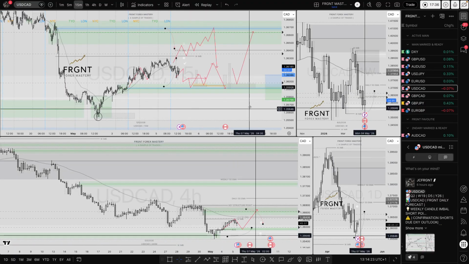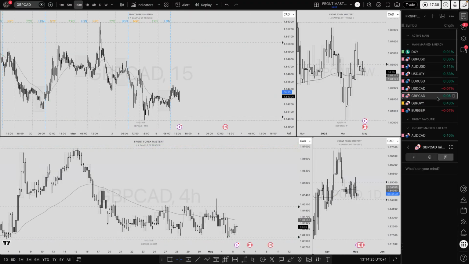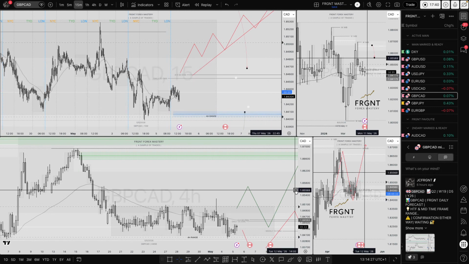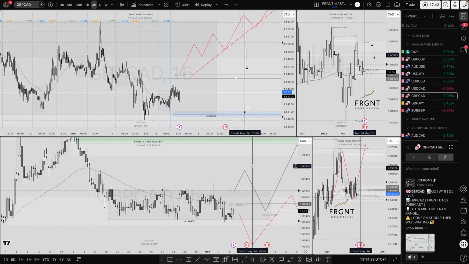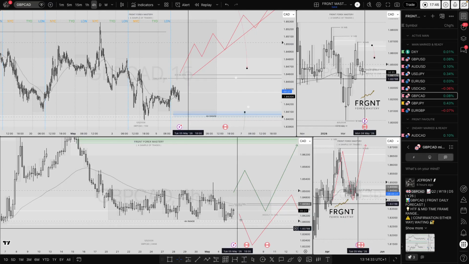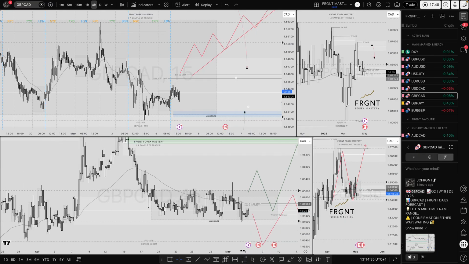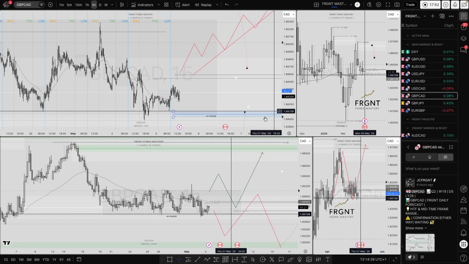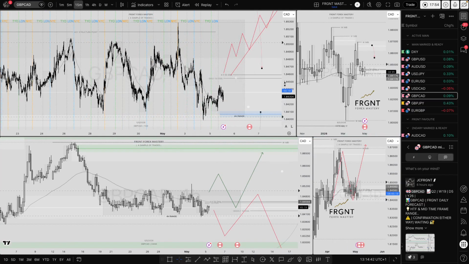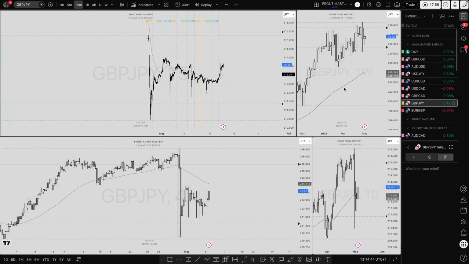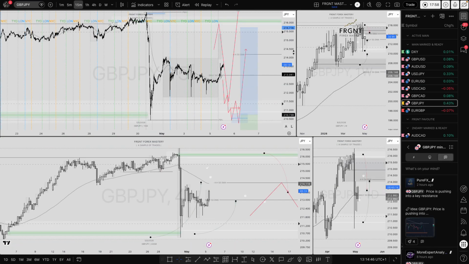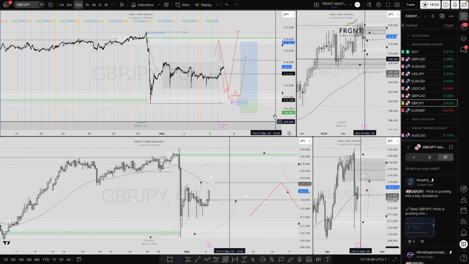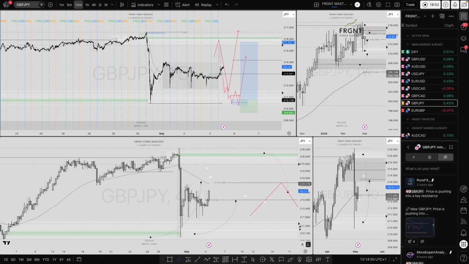US dollar CAD, spoken about that position. GCAD, to be honest, not too much to talk about at the moment. Went through it with the group personally this morning of what I'd be looking for. If you're able to make sense of my illustrations, then perfect, go for it. But I certainly won't be going over that now. And then GJ, nothing at the moment. Need to wait for a lot to happen on GJ before I look to entertain any positions, whether that be